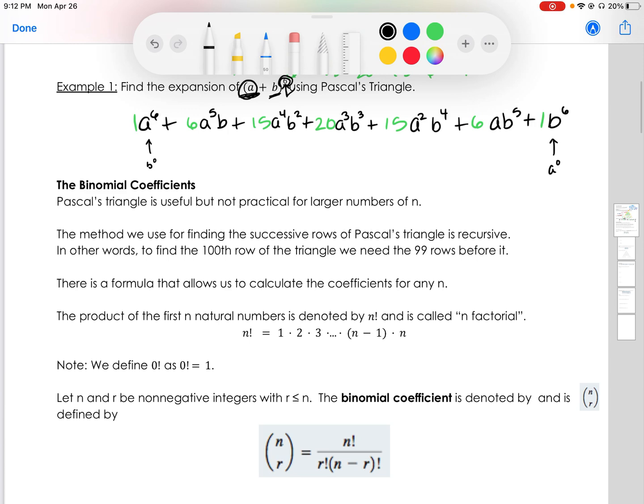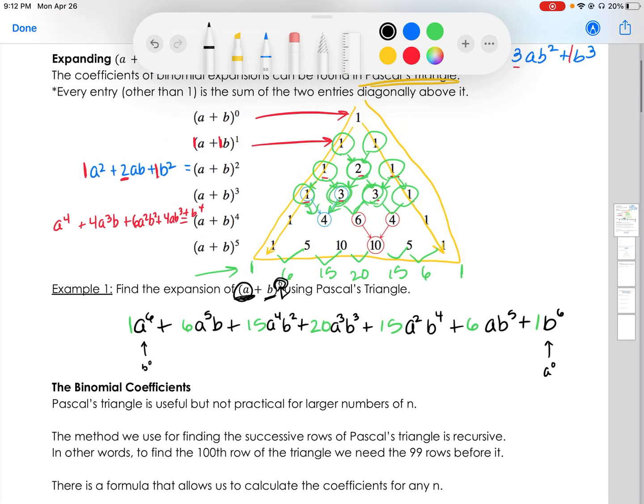Pascal's triangle is useful for so many different things. It's not just for binomials, but that's what we're going to use this chapter for. You'll start to find all sorts of crazy patterns in here. If we go down this, I guess, diagonal, 1, 2, 3, 4, 5. Okay, we're counting by ones. But if we go